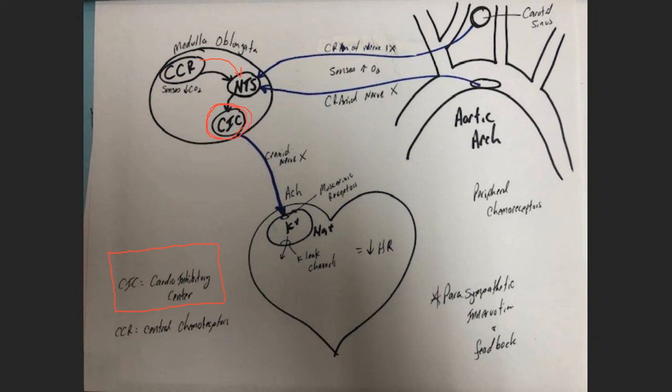And by way of the cardiac inhibitory center, we are going to send a parasympathetic nervous impulse using the vagus nerve, cranial nerve 10, dumping acetylcholine onto muscarinic receptors of the cells of the SA node. Now here again, exactly what we talked about last time. Now the SA node, we still have sodium leaking in through the HCN channels, just like we did at rest,